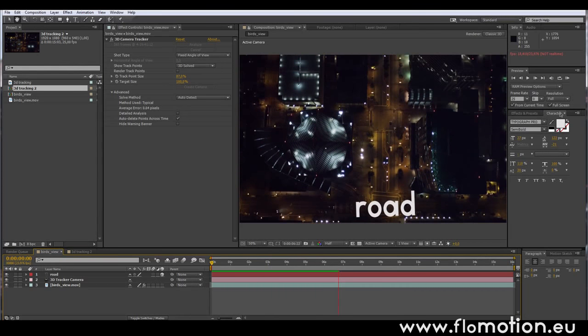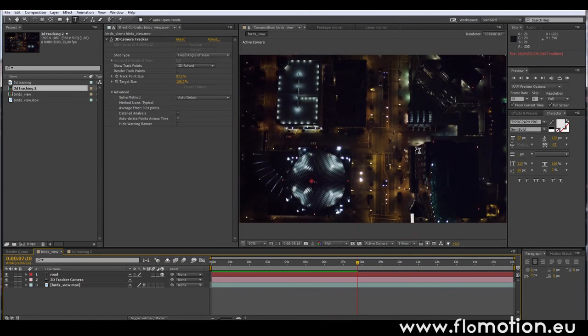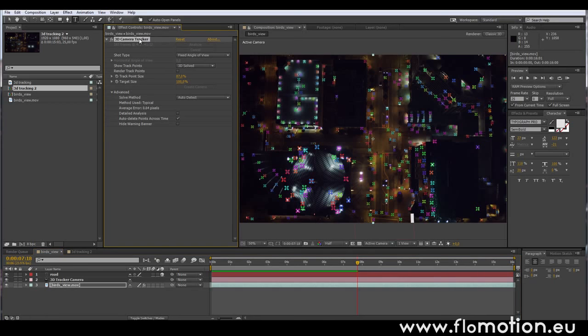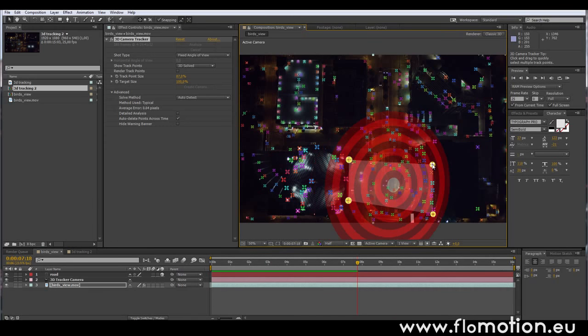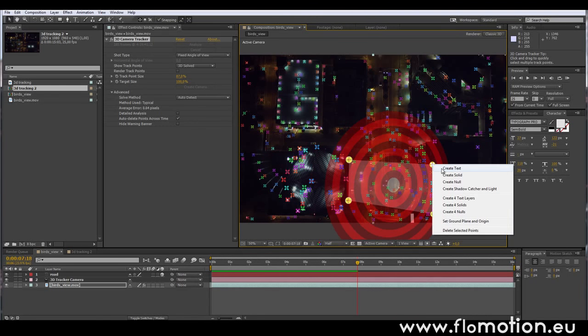And it sticks to the road. So now that you can see that it is really a 3D camera track and not just a normal standard 2D track, we want to create a text that sits on top of those skyscrapers. So we once again click on the 3D camera tracker and try to find some points that are on top of the skyscraper, which should be those 4 points, and try to create another plane or another text out of this,